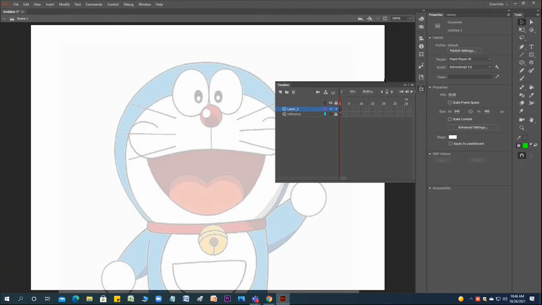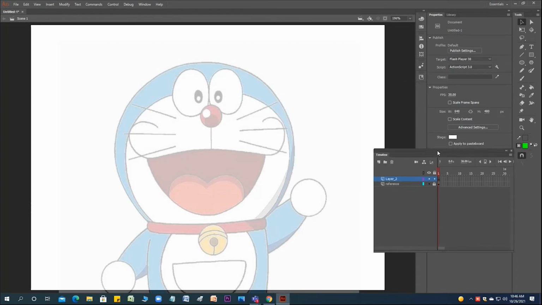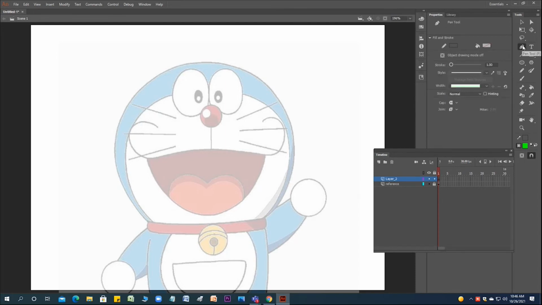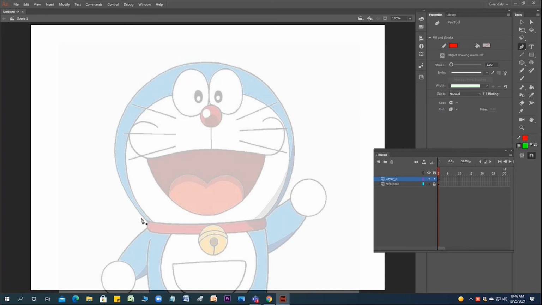Now you just explore without fear. I would say for the initial class, just explore. If you click this pen tool, the shortcut is P. There's no fill color since it is the line only. So the line is there, and you can click here. You can pick whatever color you want, and you try to trace it out.